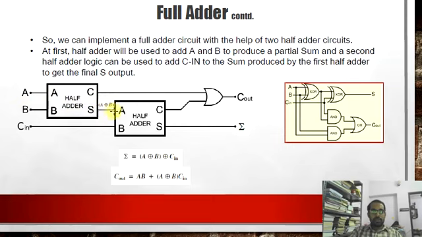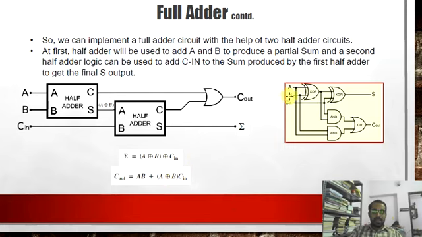This is just like we created the sum in the case of half adder. The input instead of A is here A XOR B, and the second input B is C in. So that forms the summation as A XOR B XOR C in. The carry of the first half adder is given to the input of the OR gate, and the carry of the second half adder is also given to the input of the OR gate, and you will get the final C out, that is the carry output of the full adder, given by A and B or A XOR B and C in.